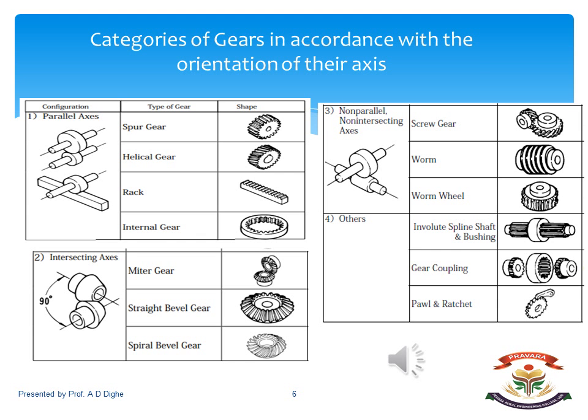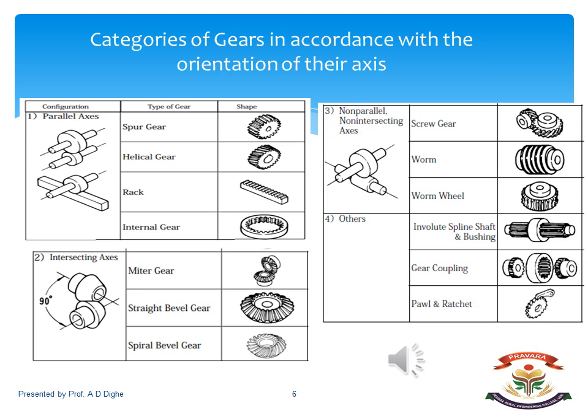Let us take the review of the classification of gears. The first is the shaft position. If the shaft positions are parallel to each other, in that case there are four types of gears: spur gear, helical gear, rack and pinion, and the internal gear. Second is the intersecting shafts. In that, the angle between the two shafts is generally 90 degrees. And what are the types of it? The types are miter gear, straight bevel gear, and the spiral gears. The angle between the two shafts is 90 degrees and they are intersecting. That is the speciality of these types of gears.